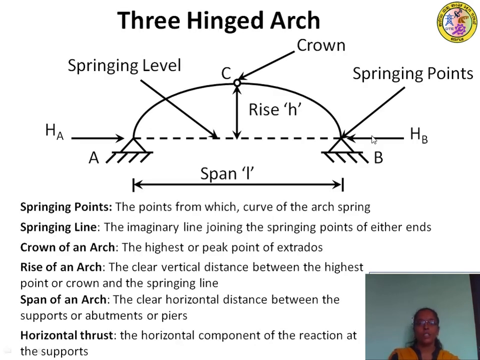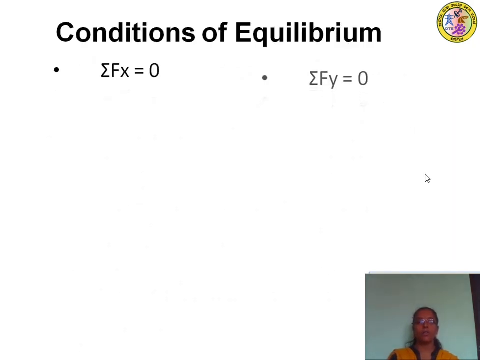Apart from this, you can have a look here. These two are hinges, so there will be two reactive components at A and two reactive components at B. So total unknowns will be 4. How many conditions of equilibrium do we need? We need 4 conditions to solve the unknowns. Now we have got 3 conditions for this non-concurrent force system. Apart from these 3, we have to have one more additional equation so that we can solve the unknowns. What is that additional equation?